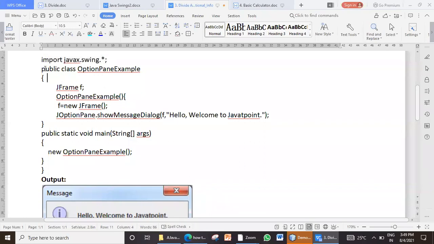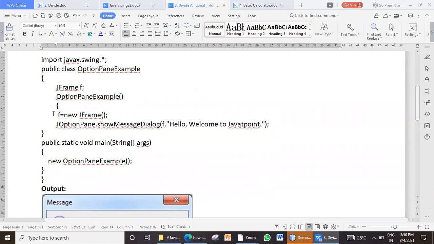So here is our program, just a demonstrative program. We have a class name, OptionPaneExample. Here I have created an instance of a frame. Then I have taken a constructor, with the same name as the class name. Inside the constructor, I initialize our frame, that is f equal to new JFrame.